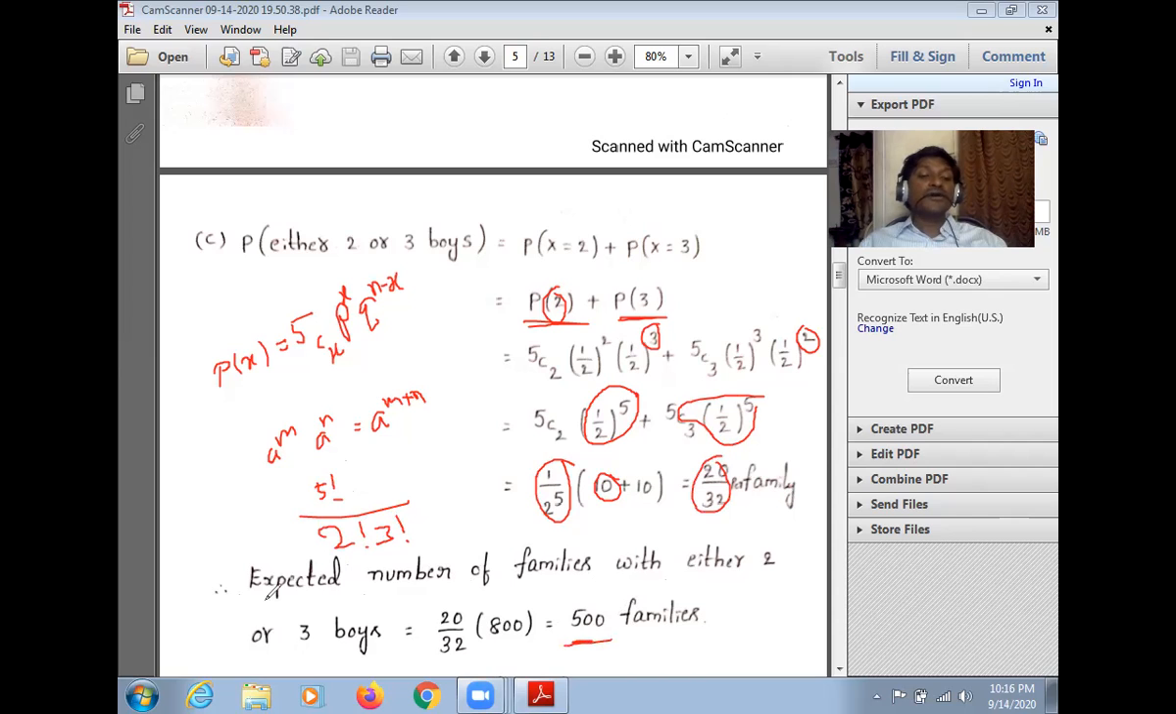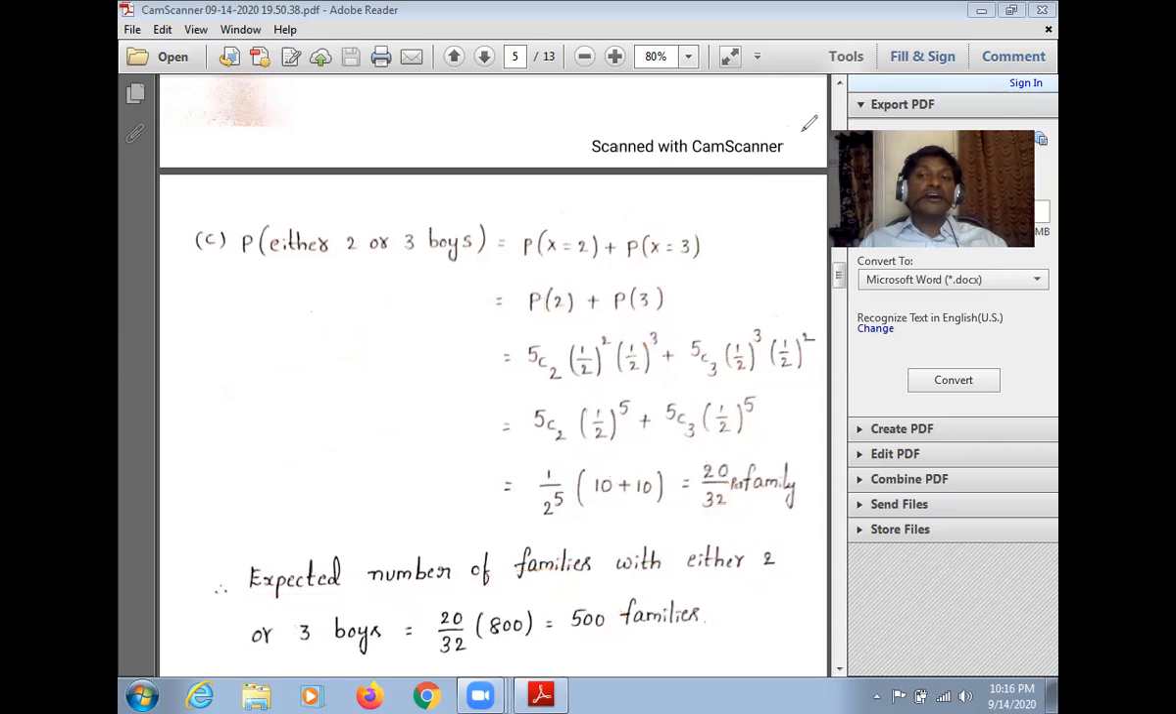So for that, we wrote: expected number of families with either 2 or 3 boys is equal to 800 into 20 by 32, which we got here. By simplifying that, we got 500 families. It means out of 800 families, how many families have either 2 or 3 boys? 500 families have 2 or 3 boys. Okay. And next one,